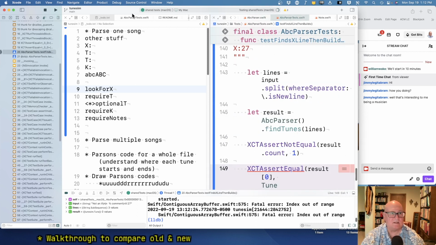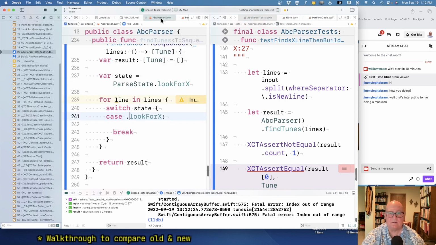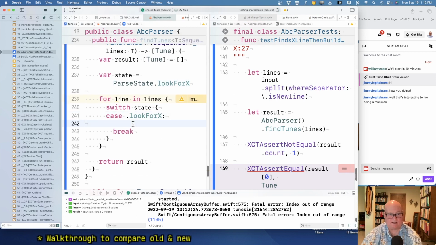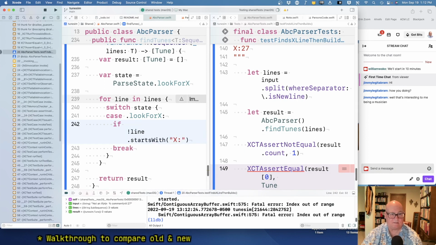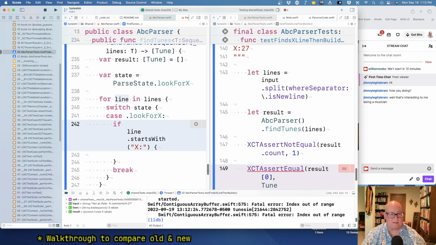Why it wants to run the test over here, I don't know. But I'll try it this way and see if we make sense of it. Okay. All right. So if I'm looking for X, if not line starts with X, then well, if it doesn't start with X, I don't want to do anything. I'm just skipping that line. If the line does start with X,